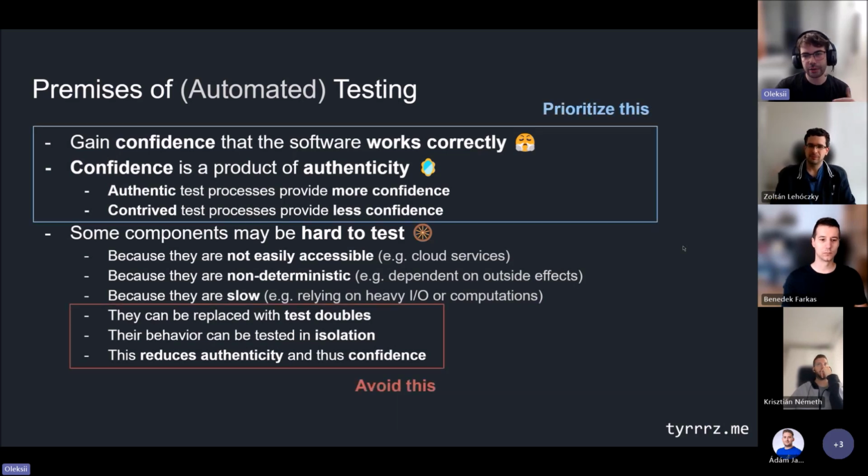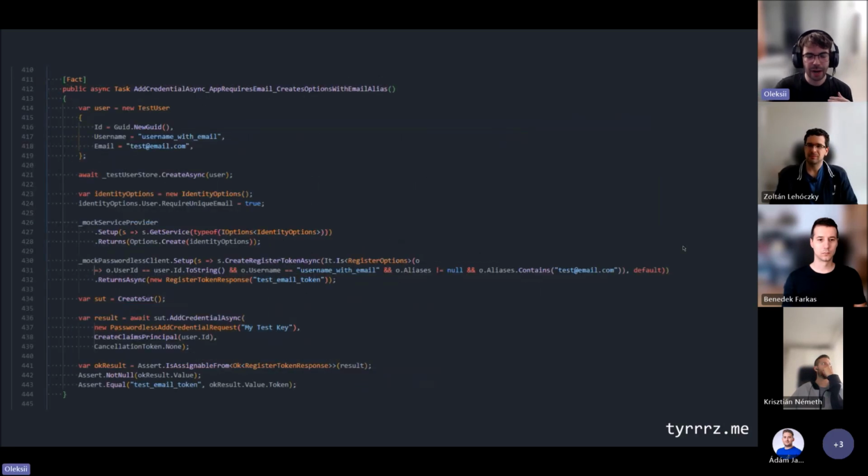So as a general guideline, we should probably aim to prioritize confidence and only reach for test doubles and other workarounds when we need them, and avoid them if we don't need them. In practice, it doesn't always look like that, and a lot of developer testing suites end up